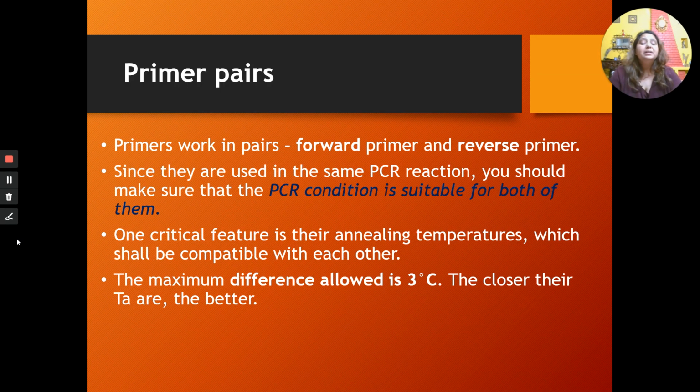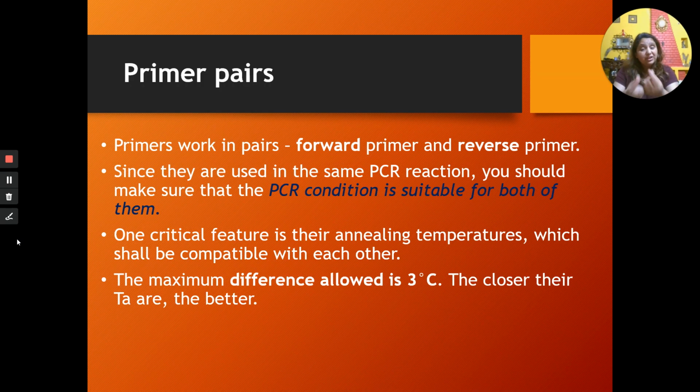Okay, now there is a possibility, and what is that possibility? The possibility is that the forward primer's annealing temperature is, let's say, 50 degrees Celsius and the reverse primer's annealing temperature is 65 degrees Celsius. Now, if your forward and reverse primer have such a difference in their annealing temperature, then again the PCR reaction is going to suffer. So we have to